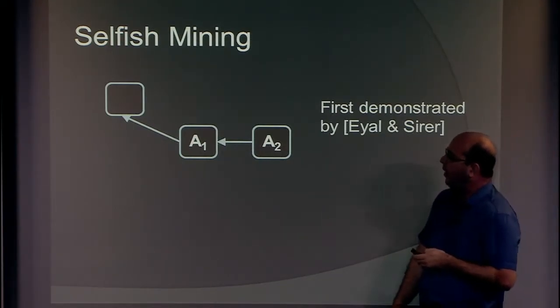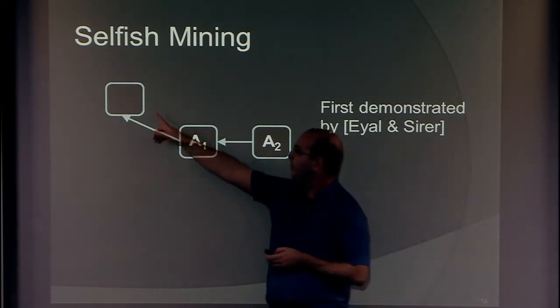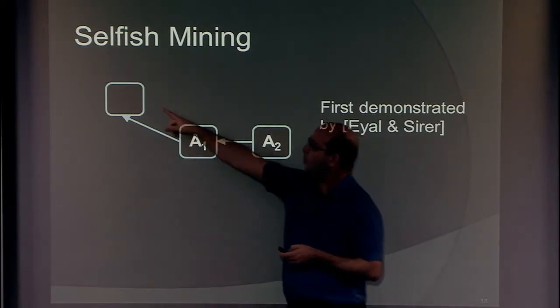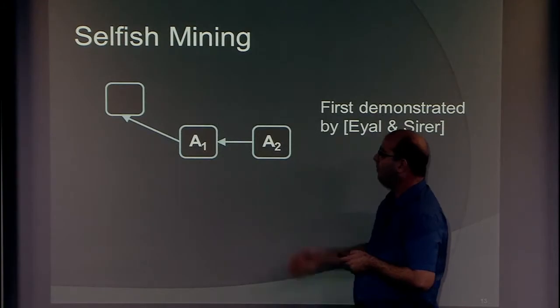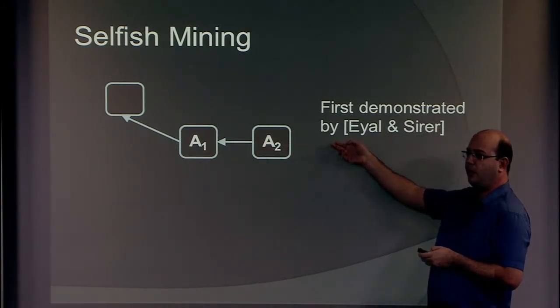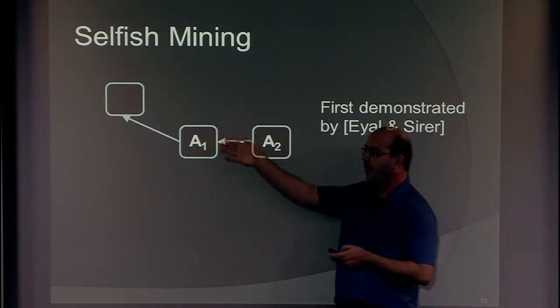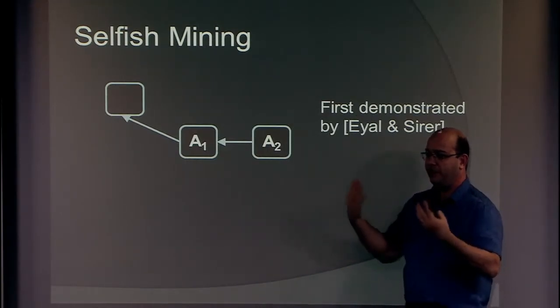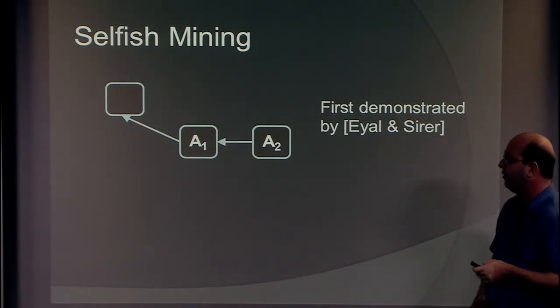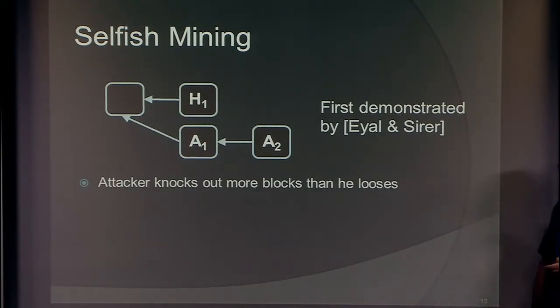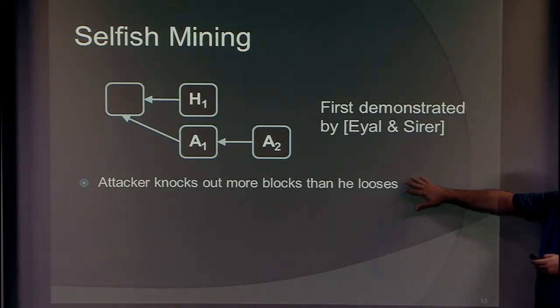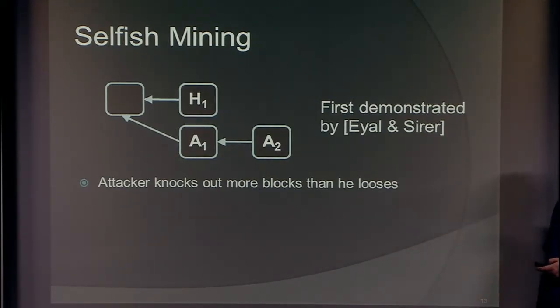And really, what you should see here is that if I have built 2 blocks, of course, the next block that will be built by the honest miners will definitely fall, but there's also a chance that I'll build a 3rd block or a 4th block before they do anything, and then I manage to knock out more blocks of theirs simultaneously. So this is a very clever, non-intuitive result that shows that the attacker can destroy more blocks than he loses and gain as a result.